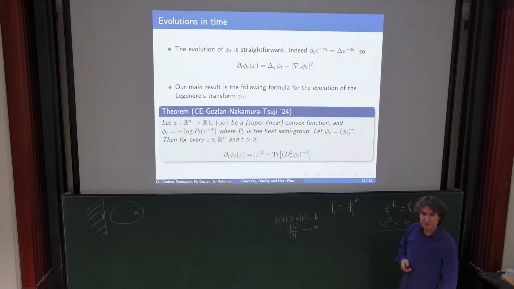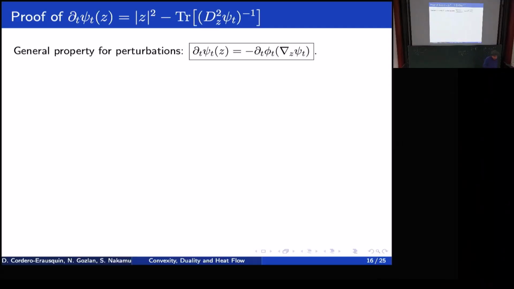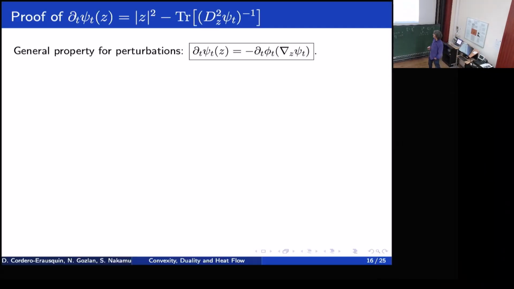Gradient of phi t and gradient of psi t are inverses. Yeah, this we will use, of course, they are inverse. This is how originally the Legendre transform is defined, as the inverse of the gradient map. Okay, so I will give you the proof of this result. So the first observation, that's very general, it's not